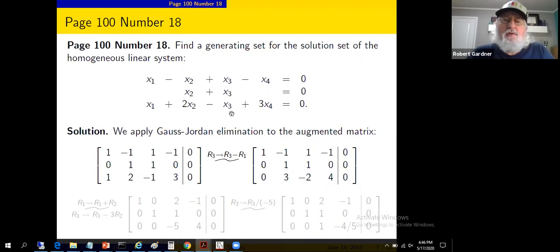Hey, is it consistent? Yeah, it's homogeneous. I can take x1, x2, x3, and x4 all to be 0. So of course it has the trivial solution. I'm practicing my vocabulary with you. Are there other solutions? Well,